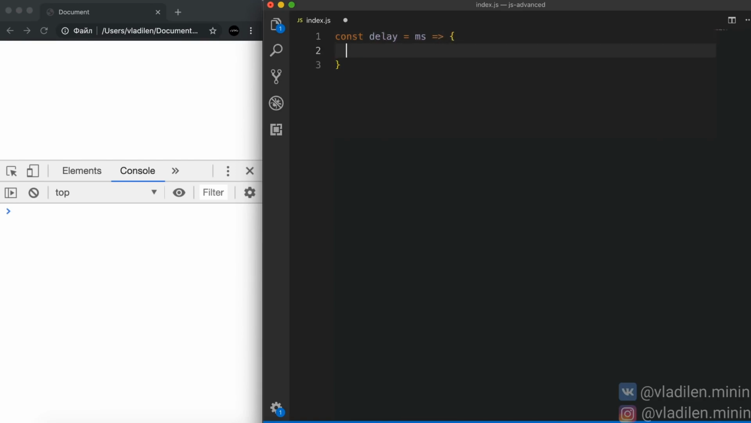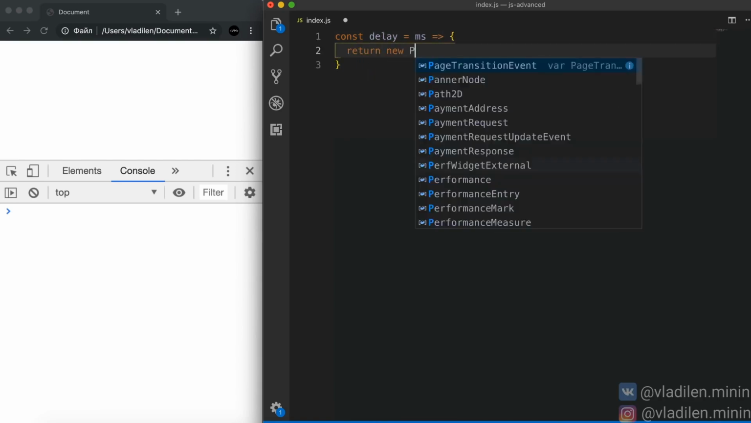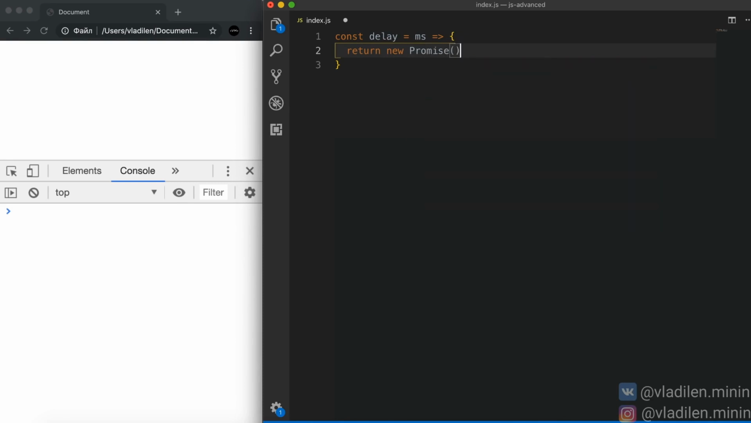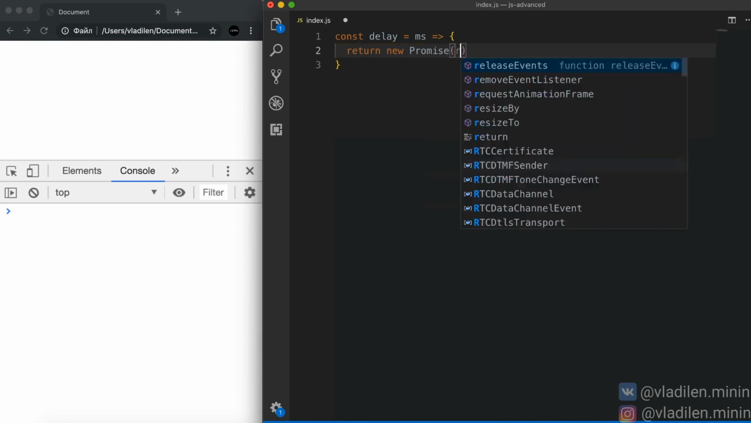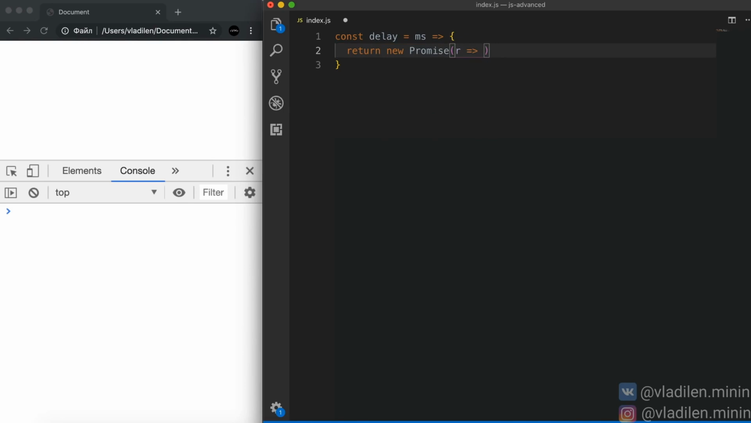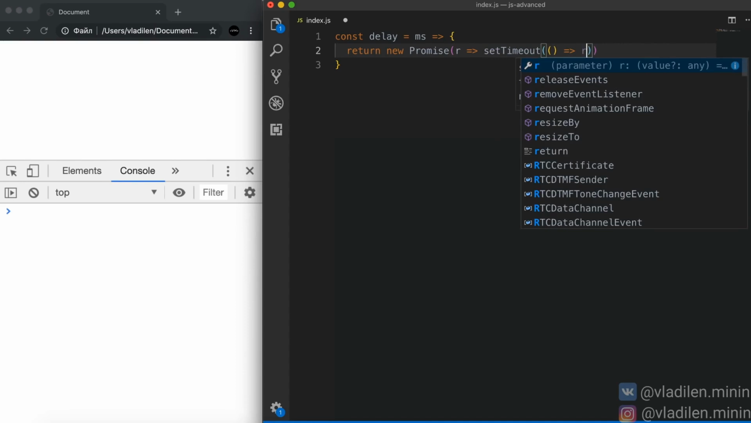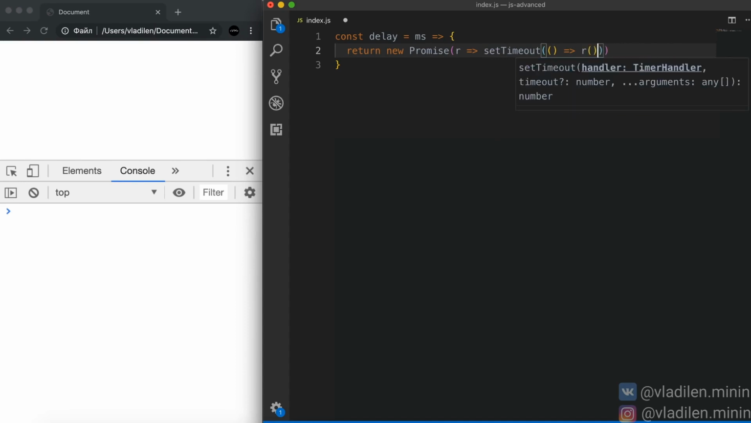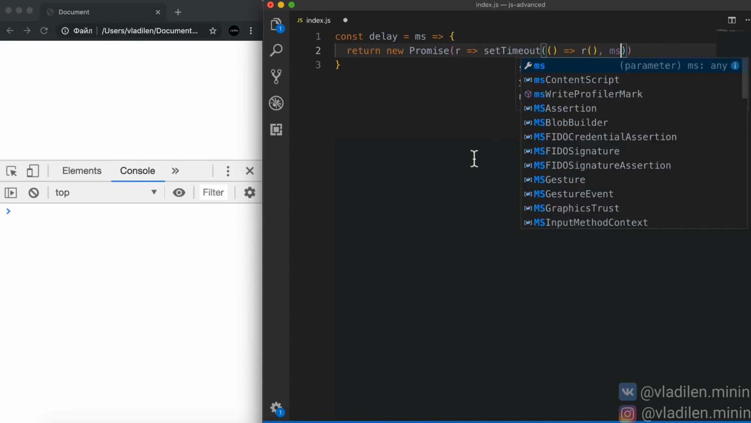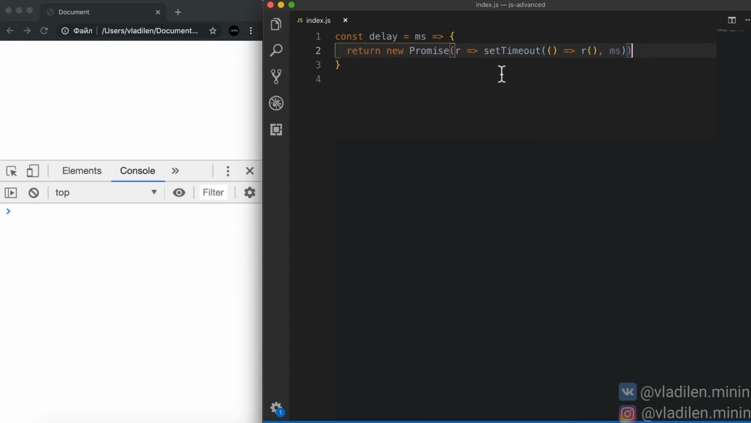Next, it will return a new promise, that is, return new Promise, to the constructor of which we pass the resolve function, or I'll just call it R, and then using the setTimeout function, we set a certain delay. In the callback, we will call the resolve function if the timeout completes successfully, after the milliseconds we pass to the function. So, the delay function itself looks like this,